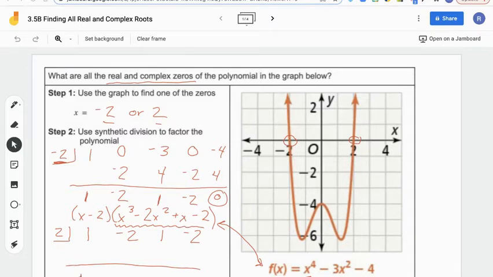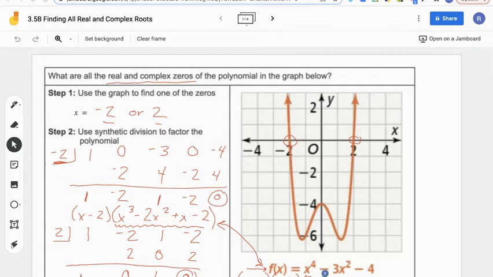Bring the 1 straight down and multiply it by 2. Add down and multiply by 2. Add down and multiply by 2. And add down. Again, I should see that 0 there because I know that it's a factor. There should not be any remainder. What this means is that instead of how we had originally written this equation, we have really factored it, and we can write it with that factor of x minus 2, our factor of x plus 2, and we're left with